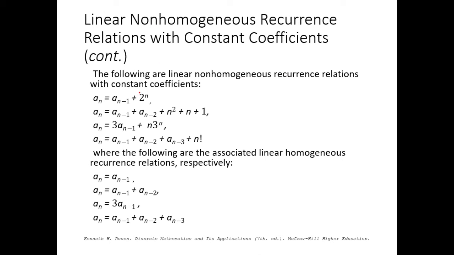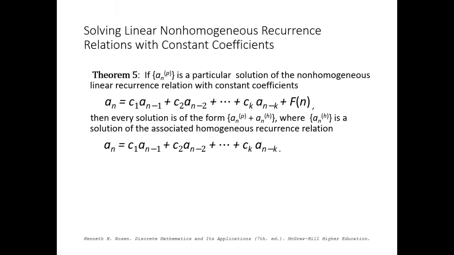For example, here this has a non-homogeneous part, this is a non-homogeneous part, this is a non-homogeneous part, and this is a non-homogeneous part. So these are the non-homogeneous parts of the equation. The rest of the equation is homogeneous in nature. Now to solve this